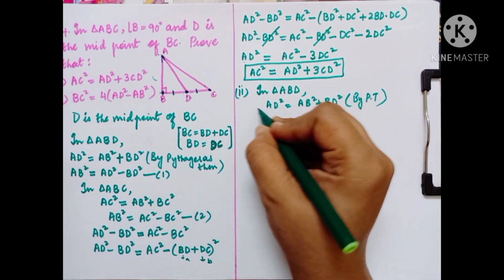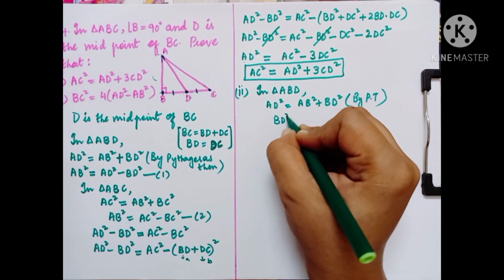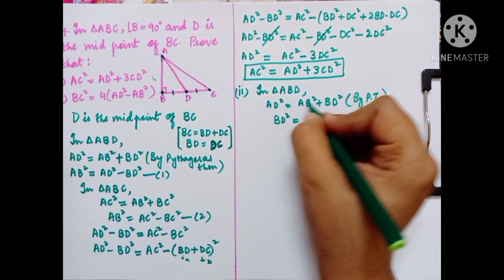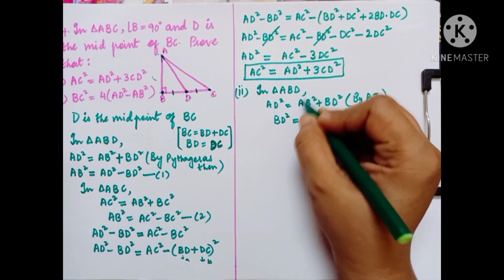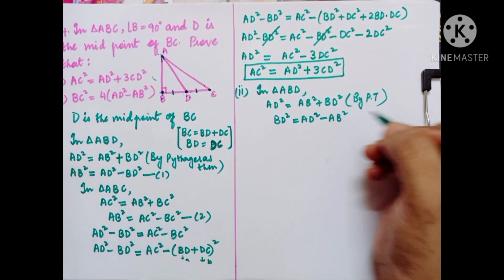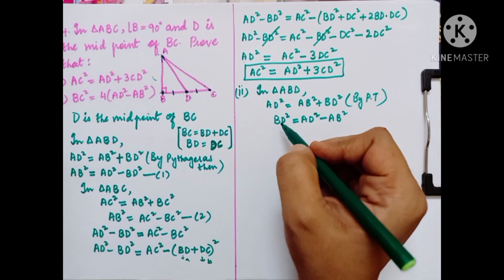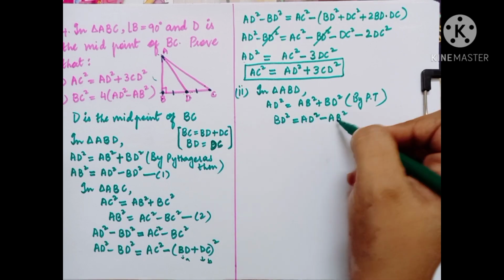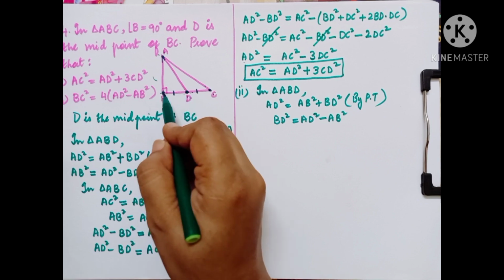BD square, actually from this equation let us write BD square. So BD square equals AD square, then this plus AB square will become minus AB square. Got it? Now actually one more condition you are having. See here, BD square you got as this part. But actually what is BD? You can look at the figure and tell what BD is.